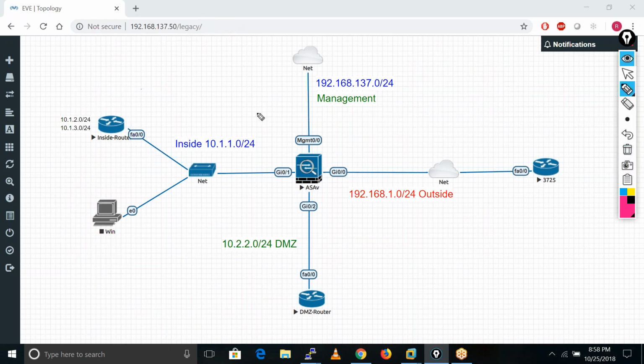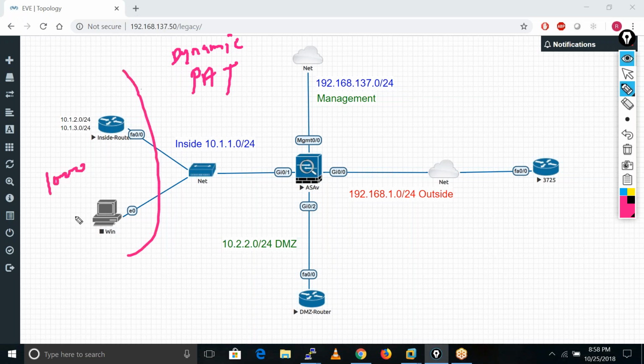So how can we provide the solution for this dynamic NAT issue? People came up with dynamic PAT. What happens in dynamic PAT if we have 1000 users here, or up to 64,000 users?